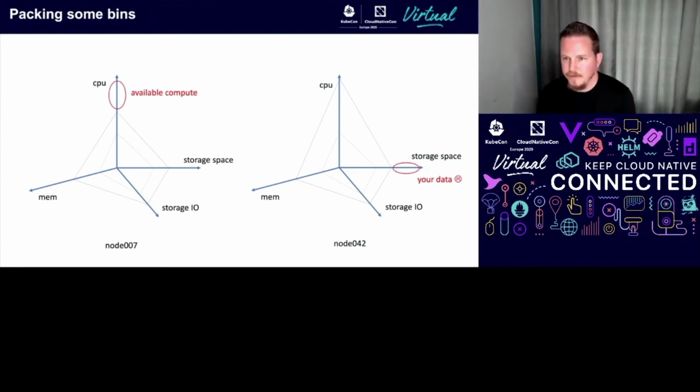Maybe iSCSI or NFS or something to the node over on the left, but running that NFS or iSCSI gateway is going to consume some amount, right? And so you can't ad hoc provision it. And it would really just be better if we had a distributed storage system in place that gave Kubernetes more flexibility in terms of scheduling.